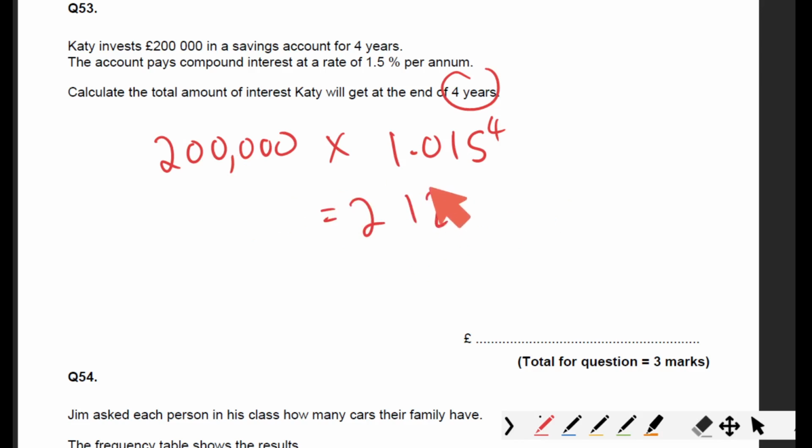So this is how much money I'll have in the bank after 4 years, as long as I don't put any extra money in there. But it's actually asking for the total amount of interest. Okay, how much money have I made? It's not asking for how much money I've got in the bank after 4 years, it's how much money I've made. So I need to further the calculation